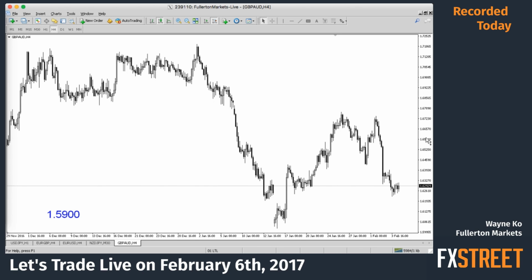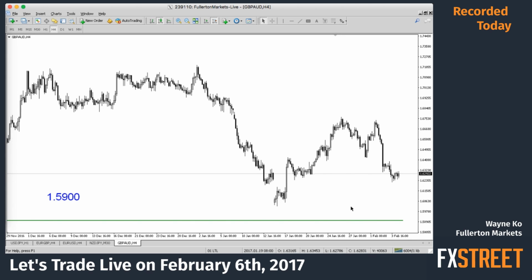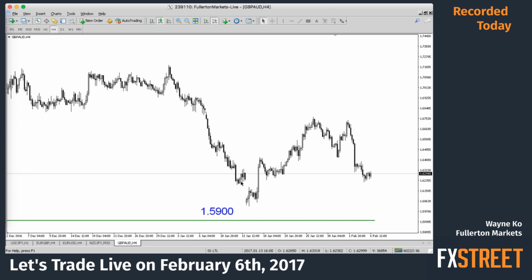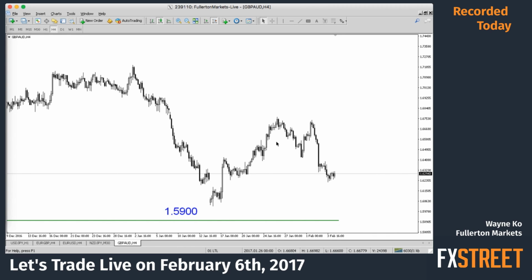Of course, because I switched the time frame, you don't really see the 1.59. I'm going to change the scale. There you are, the green line is basically where the level of 1.59 is, so that's the high time frame support. So for Pound Aussie, Aussie has a slight edge over Pound since China is doing not